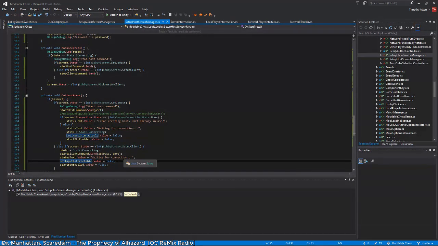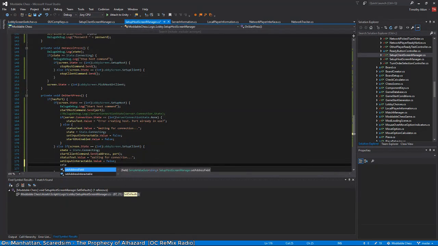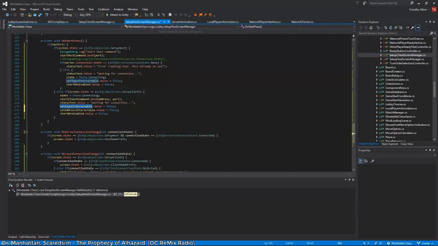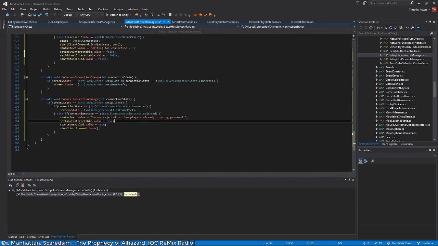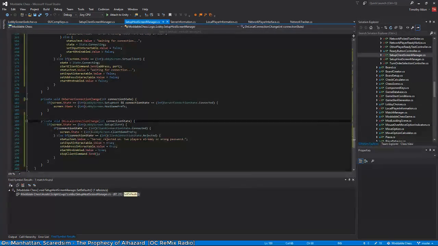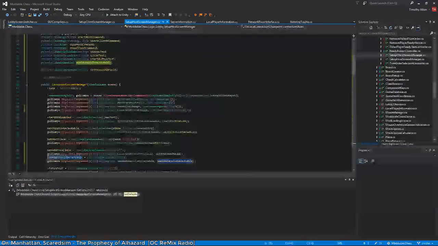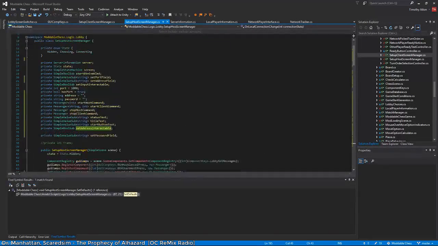So anytime we set this interactable, we also need to probably look at the address field interactable. Start pros. So this is on the setup client. That's right. And then we don't need to change it at all if it's a host. Sooner or later we're gonna run into a lot of bugs with all these random fields. I don't really like the way this is designed, but